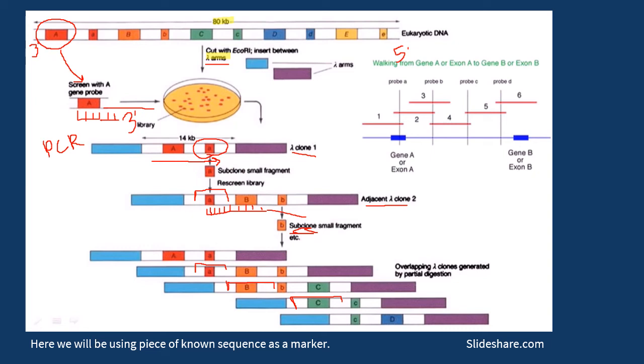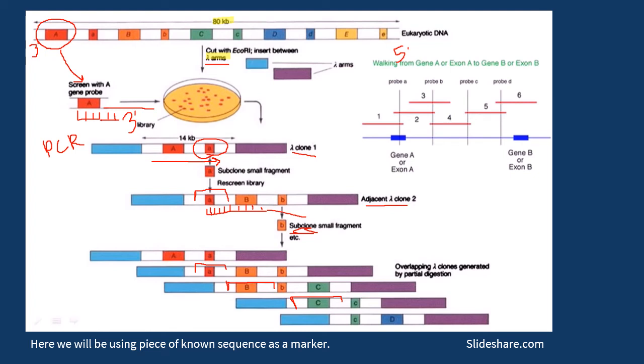And this is how, by doing cloning, you will get the whole DNA mapped. You will get everything, introns and exons, and you will get overlaps. By using this information you can now precisely locate where your gene is present. You can study the sequence and what mutations have happened.